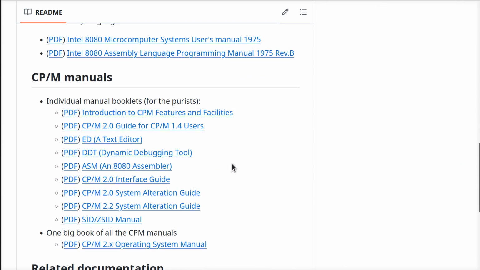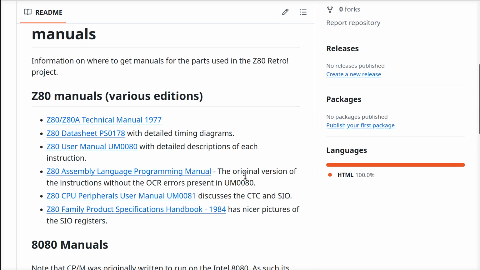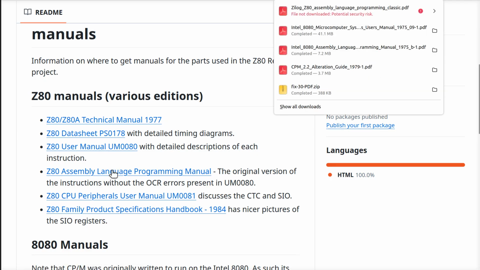What I guess I could do is a concluding thought. That's the technical manual about the CPU itself. Assembly Language Programming Manual, without the OCR errors present in this manual. Yeah, I mentioned that in one of my videos: be careful when you're looking at the modern editions of old manuals, because when they scan them in,